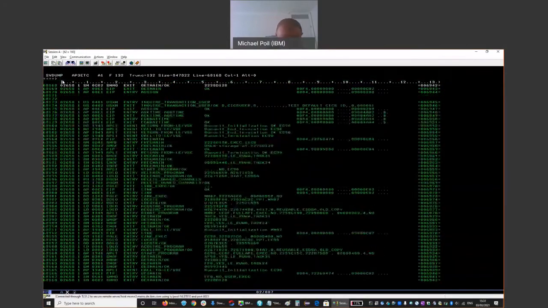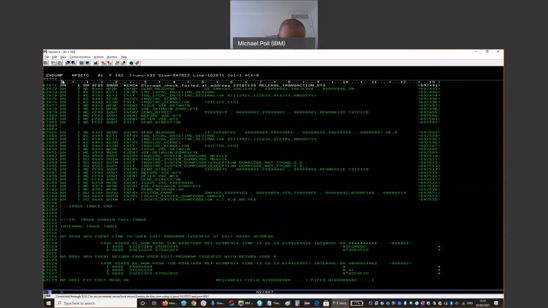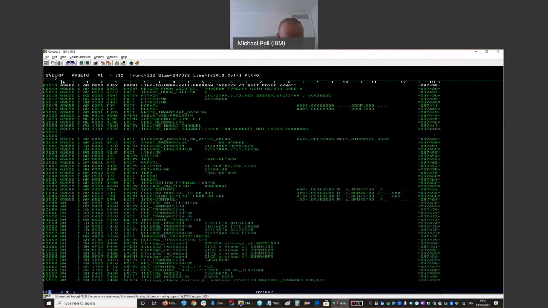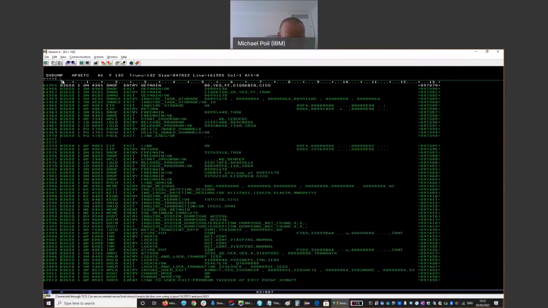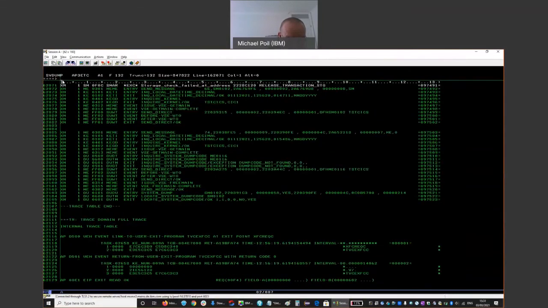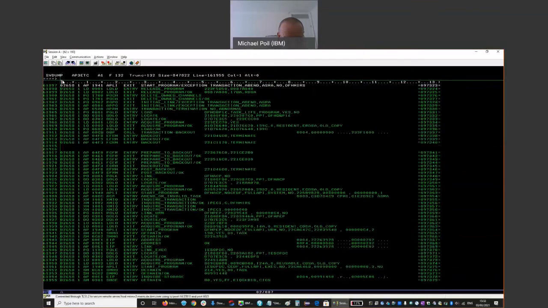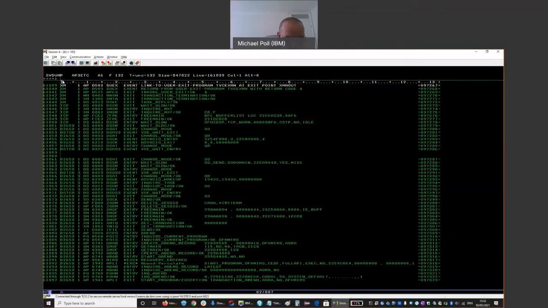Well, let's, here's where the storage violation is. Let's go backwards and see if we can find anything of interest here. So normally when you look at trace, you find the point of error, which is here, and then you work backwards to see what was going on before then. But in this case, there's an awful lot of activity. So we go